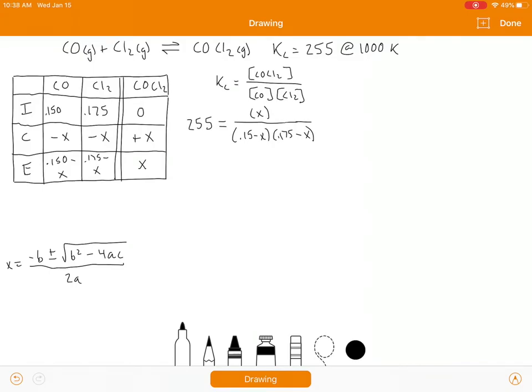As you notice, this isn't a perfect square. You don't have a square on top and on bottom, so you can't just take the square root like we did last time. So what I did next is I went ahead and FOILed the bottom of that fraction right there. And this is what I get. You have 255 is equal to x on top, but then you do the fronts, then you do the outers, and then the inners and lasts. So when you work that out, you're going to end up with